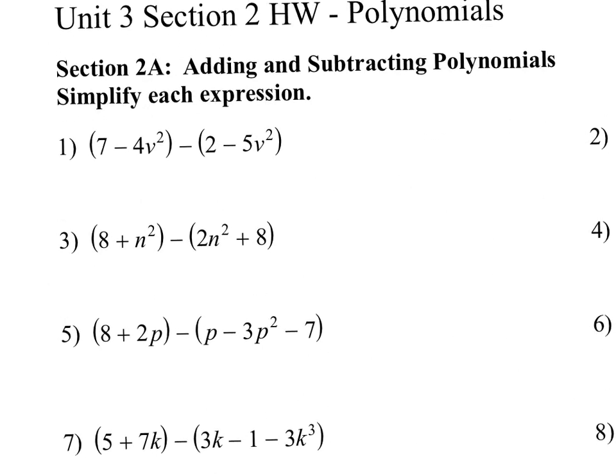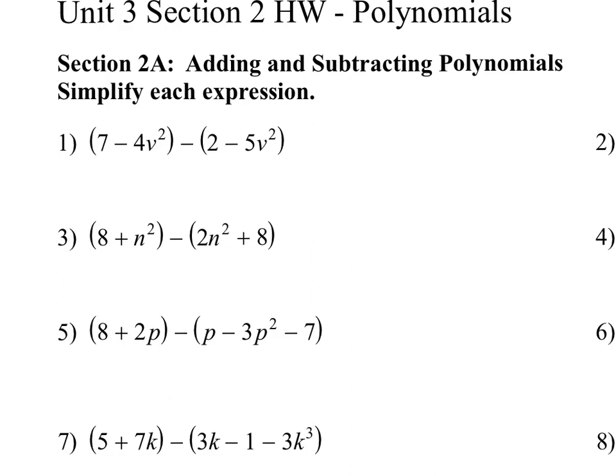Remember, if a polynomial has one term it's a monomial, and Section 1 was about monomials. Two terms is a binomial, three terms a trinomial, but you can have polynomials with more than three terms as well. So if you look at number 1, this first example that we're going to do here,